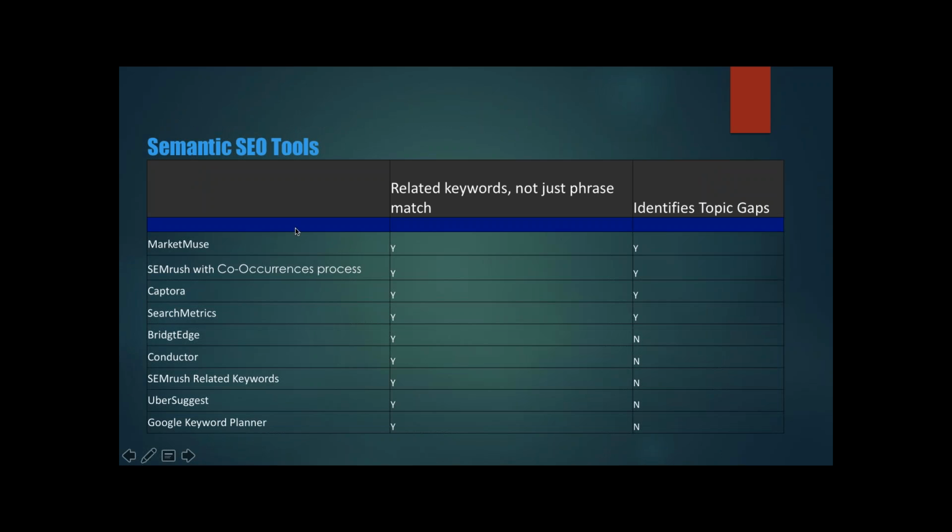So here are the other tools that people use for semantic SEO, including the ones that bring us to another level. Ubersuggest and Google Keyword Planner both have this related keyword problem. They may show the kinds of things that you find in autocomplete, but you don't know how all these similar keywords fit together as a group. I just showed you SEMrush related keywords.